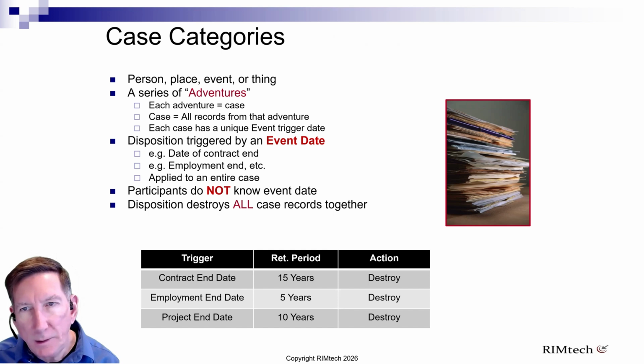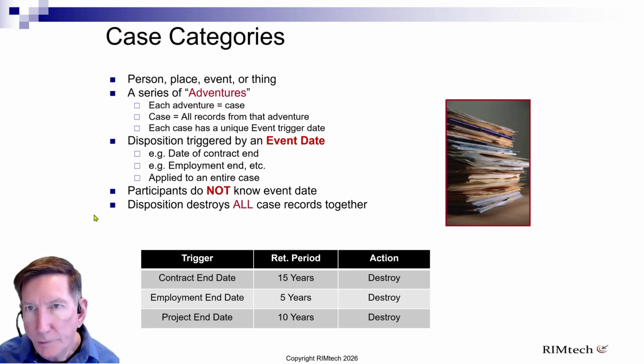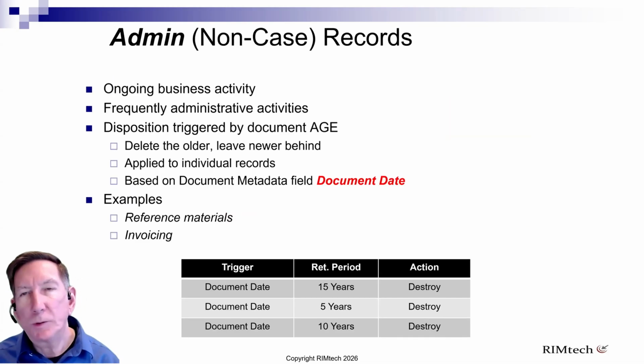And the ending date of the adventure triggers the retention rule. So it's a 3-part rule: trigger, retention period, and an action at the end of the life. Okay? And the disposition process in the software will destroy all the records together as a group, not individual documents,